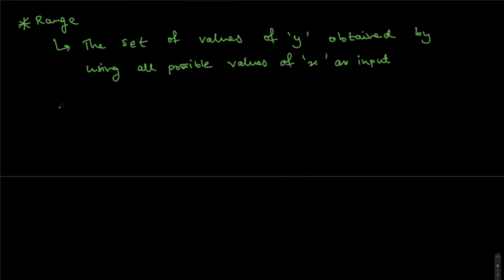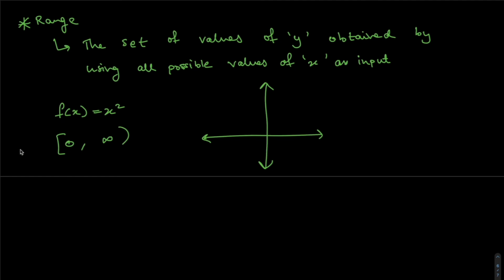So if we have, for example, f of x is equal to x squared, and I drew the function as well, right? I know x squared will consist of positive values when you square anything, and the lowest you can go is 0, and the highest you can go is infinity. So the range here is 0 to infinity, right? This is the range of this function, and you can always check it by plotting the graph itself like this,